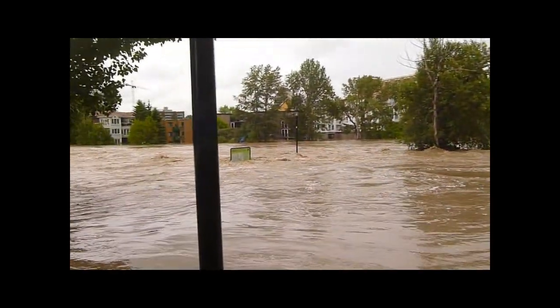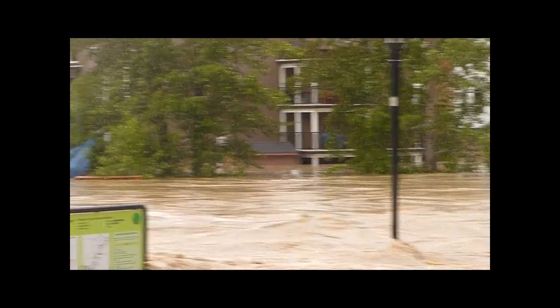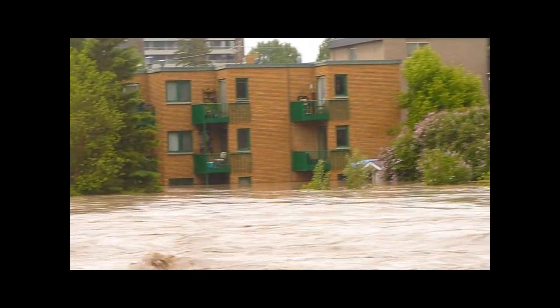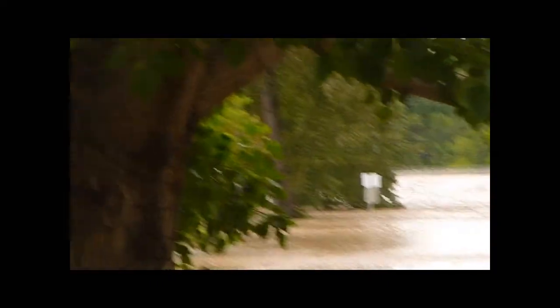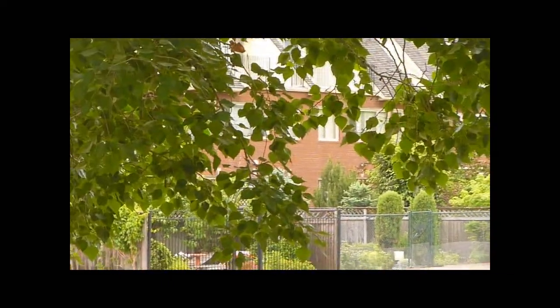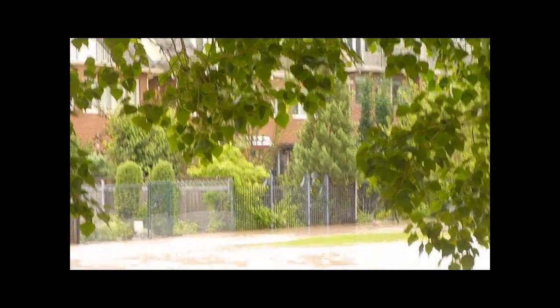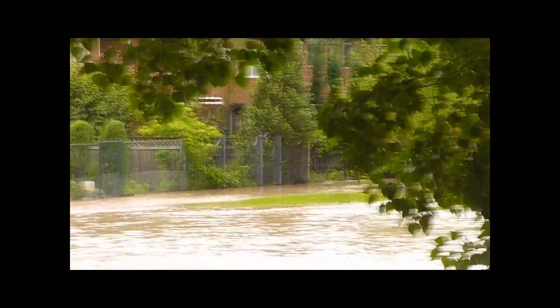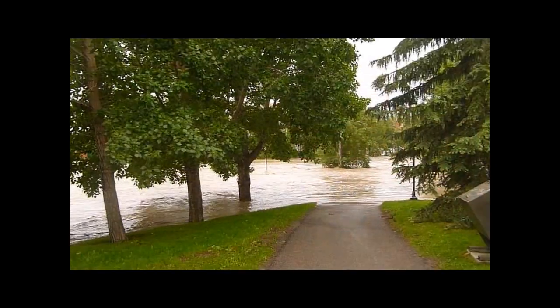And there's the back of Lindsay Park, or Talisman Center, I'm sorry. We were just walking along here last night, and I made a comment that I didn't think the water would get quite as high as these condominiums here. I guess I was wrong. So it looks like those apartment buildings are pretty... Oh, they're covered. Second floor. Is that the second floor? Yeah. I believe there's one more floor. Some of the lowest...